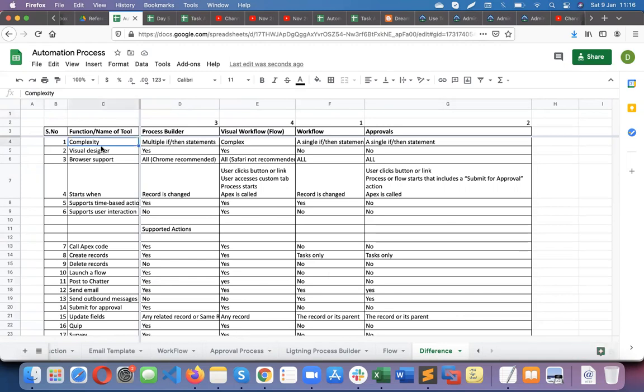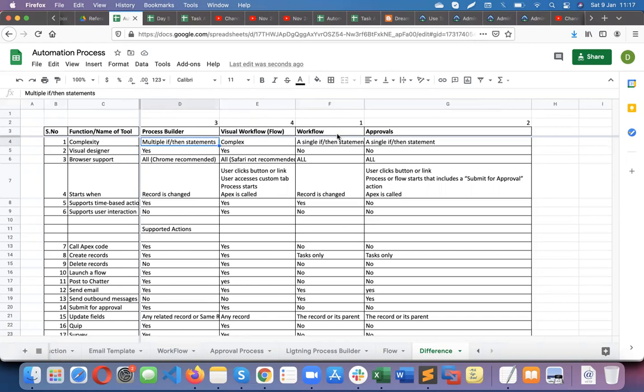So complexity wise, workflow is just a single if else, very easy. Even approval process, again single if else. And process builder, multiple if else. The best practice in process builder is to have maximum one or two process builders per object, not more than that.